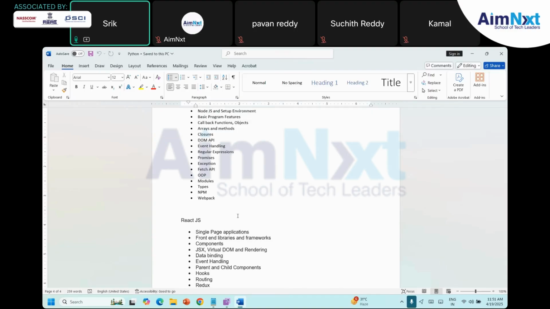Even tomorrow, if you want to go for mobile application also, React has a library extension, React Native, also available, and that also has a good number of jobs to get into the IT industry. Here, what is a single page application, what is a front end framework, what is React, how is the React approach, component interaction, DOM, virtual DOM, rendering, event handling, parent-child communication, properties,